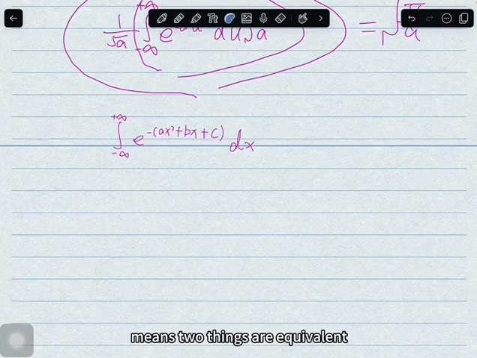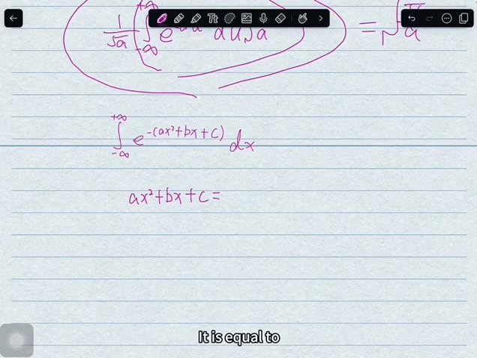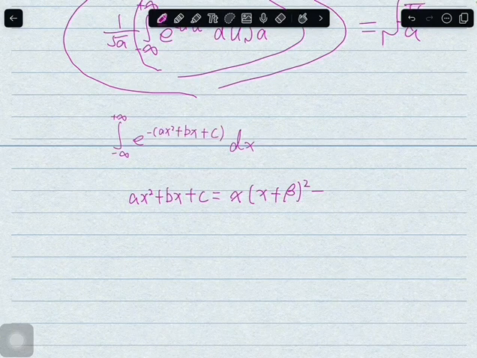It means two things are equivalent. Let me write it down. Is equal to